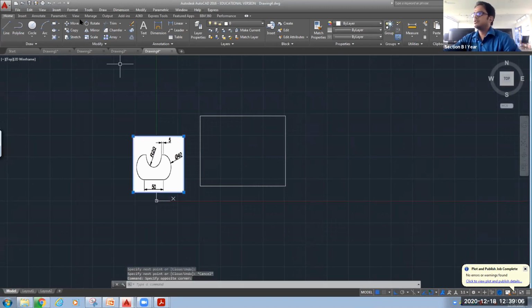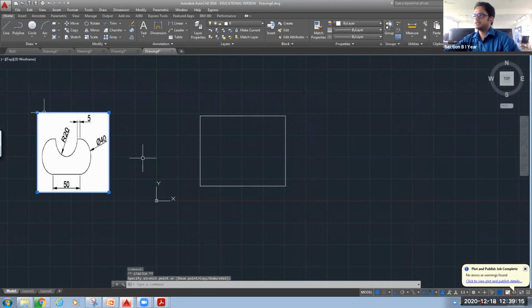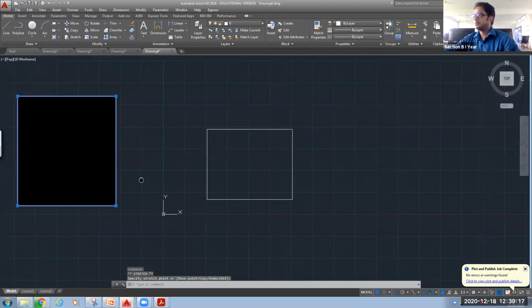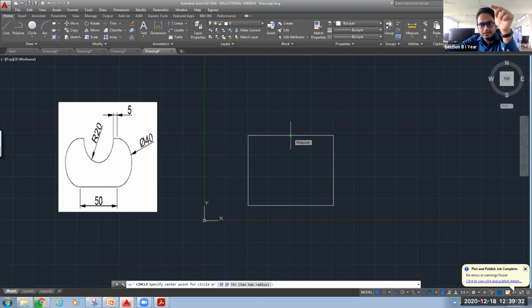Come out of this. I want to move this. Select the base point and move it here. I want to stretch it little bit. Let's stretch it. Okay. Now we need to draw those semicircles. Okay. So what I will do, I will use your command circle from the midpoint. See how to locate the midpoint. One green color equilateral triangle is seen there. Once you will bring your cursor to the line, midpoint will be highlighted like this. Okay. So from here, I need to draw a circle.